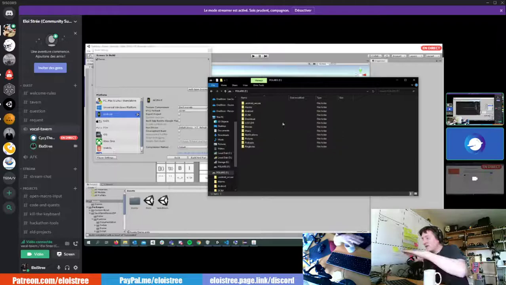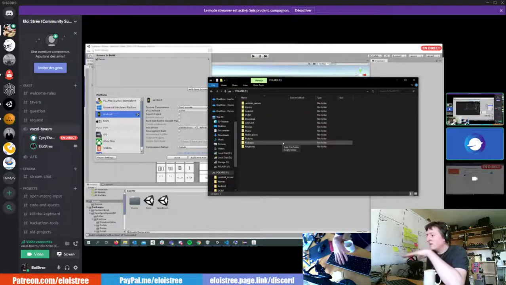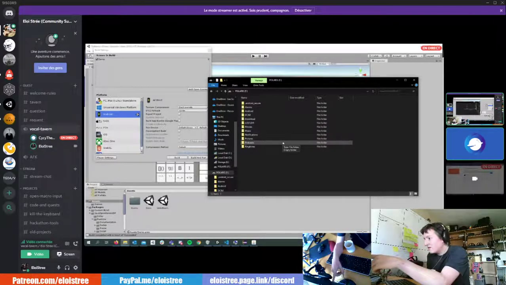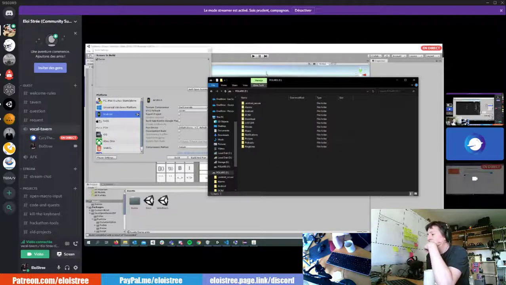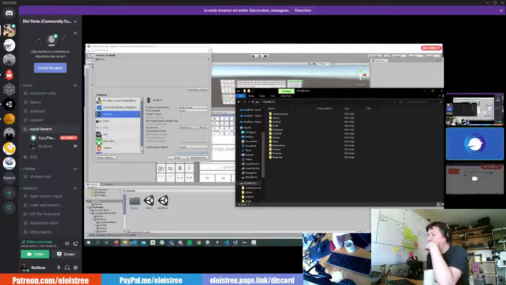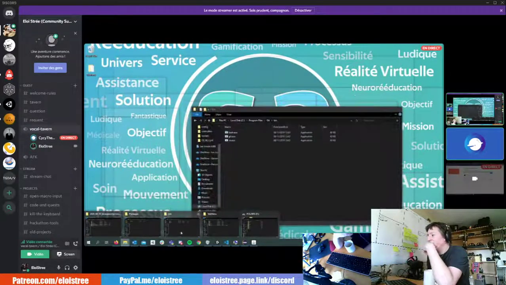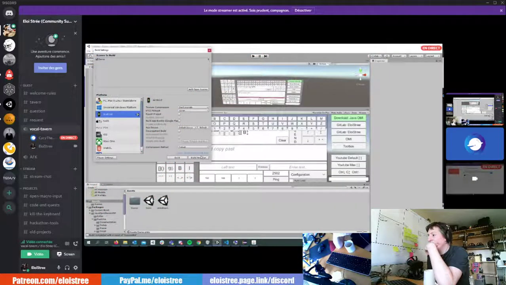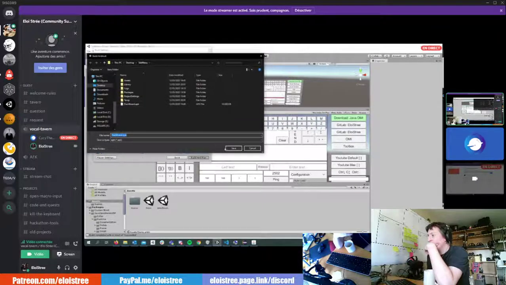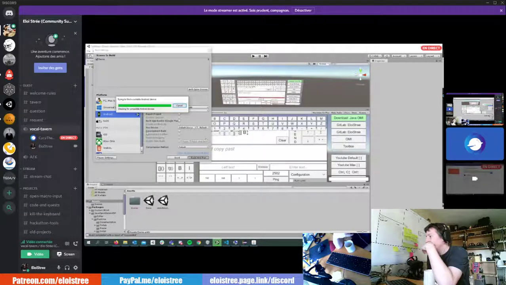Or if you don't want to do build and run, you just copy here the APK. But you should be able to just push build and run, Cyril. Just here, and then you put your APK where you want to store it. Yeah.